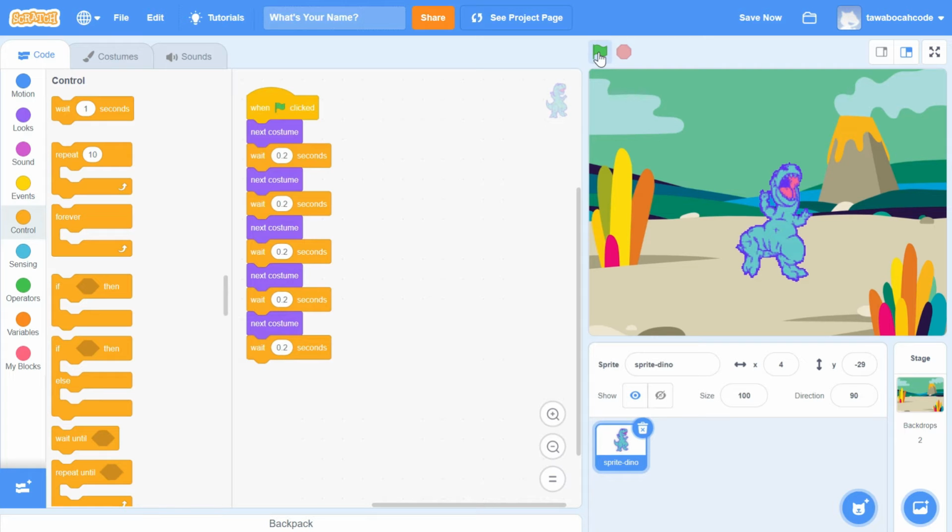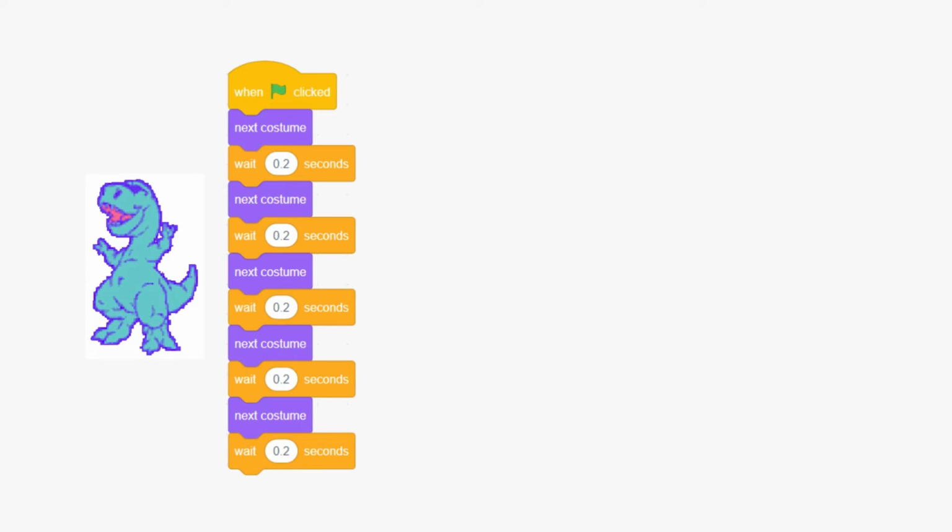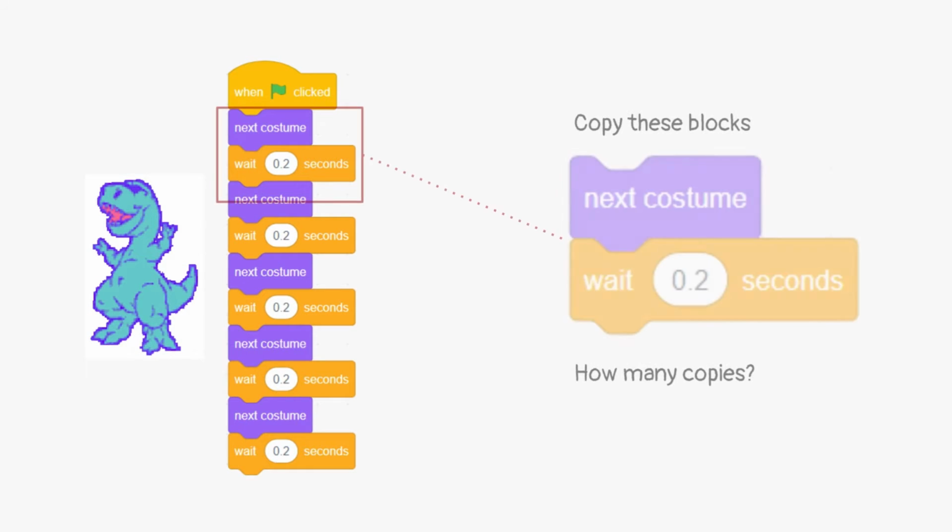The dinosaur will dance, but after 5 moves, it will stop. If we want to make dinosaurs dance continuously, we have to copy-paste this block. But how many do we have to copy and paste this block? Computers can do the same orders over and over again without getting tired. To make dinosaurs dance, we just have to tell the computer to do these 2 code blocks continuously.